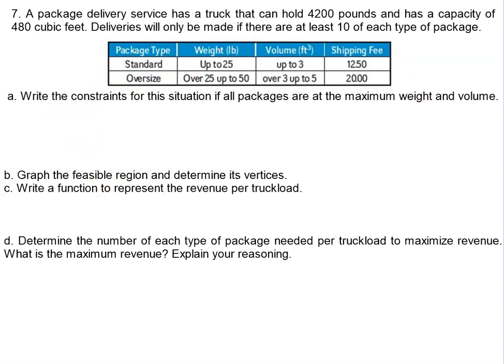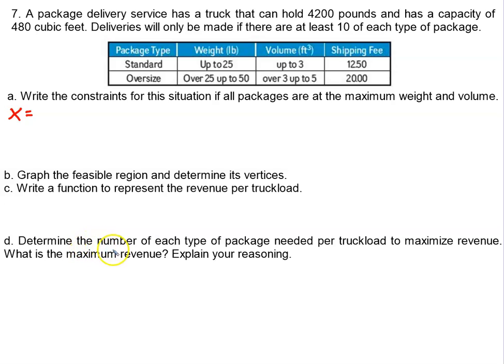And again, there are 2 types of packages. And in these linear programming problems, that's always going to be the case. You're going to have 2 different products that you're going to be defining with variables. So I'm just going to take the first one. X will be the standard size, I'll just call. And again, this is the number of packages. I want you to understand that too. We're talking about a number of packages